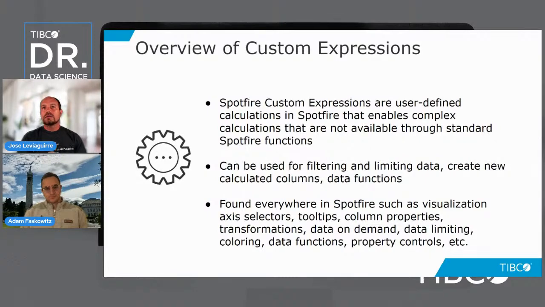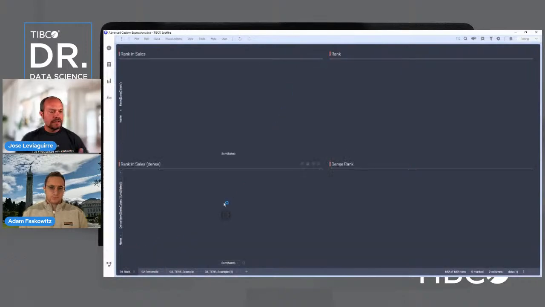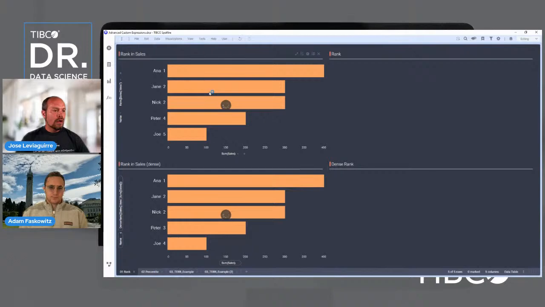So what are custom expressions? Custom expressions are user-defined calculations created in Spotfire to allow analysts to create new variables or columns based on existing data and perform complex calculations that are not available through standard Spotfire functions. So let me show you real quick how they look. I have a bunch of examples I want to go through. But a custom expression, if you write here, expression